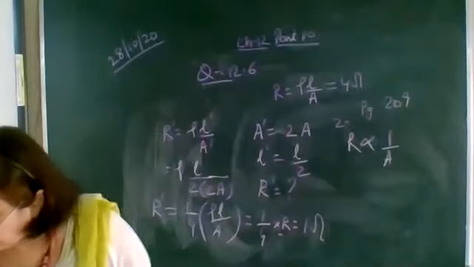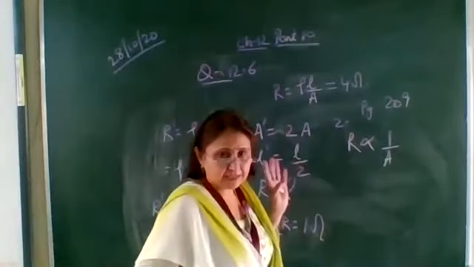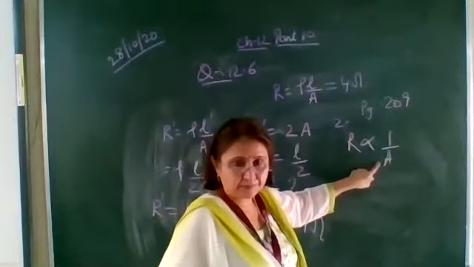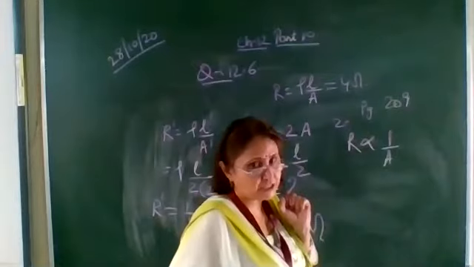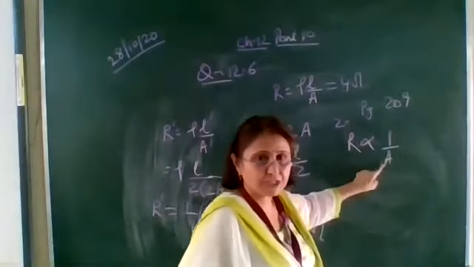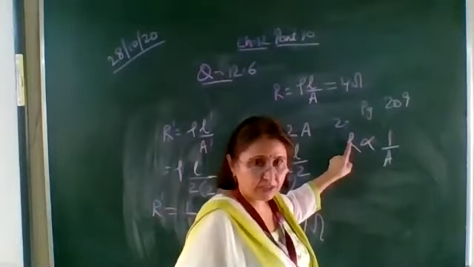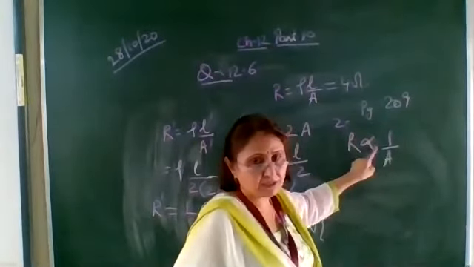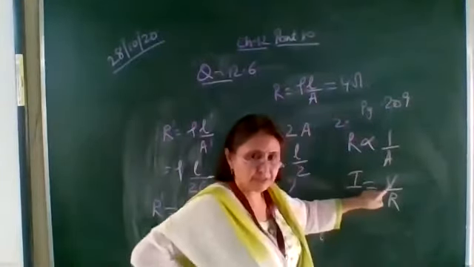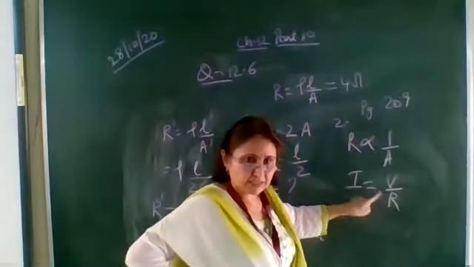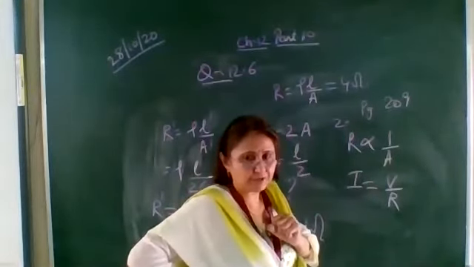Okay, so given that one is a thick wire and the other is a thin wire. Thick wire means more cross-sectional area. More cross-sectional area means, as it is inversely proportional, less will be the resistance. Less resistance means, if the voltage source is the same, I is equal to V upon R, V is same. If the resistance is less, more current will flow. So for a thick wire, the current flowing will be more.